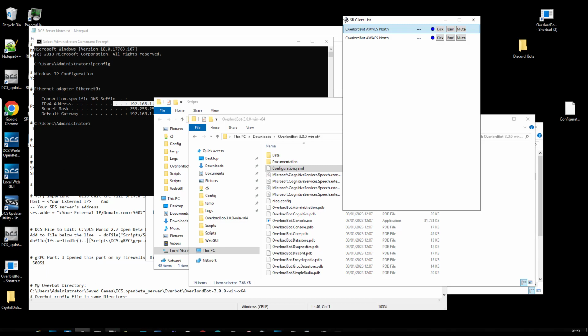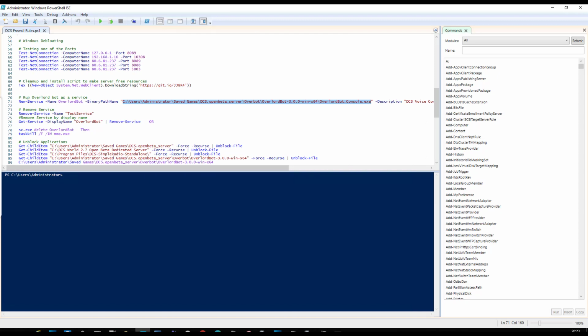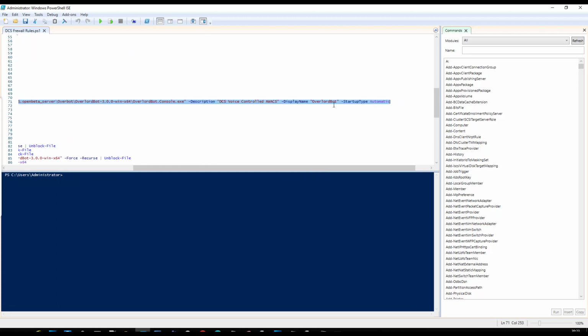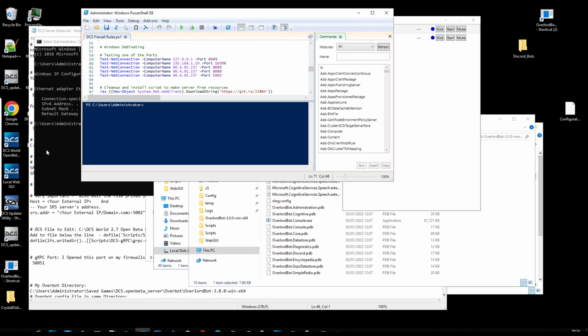You can run this as a service as well. This is the line that I used to create an automatic service that runs the bots. It just points to the directory of the Overlord bots, which is, like I said before, installed in Saved Games, DCS folder, Overlord bots. This same Overlord-Bots.console.exe, I have it on my desktop,